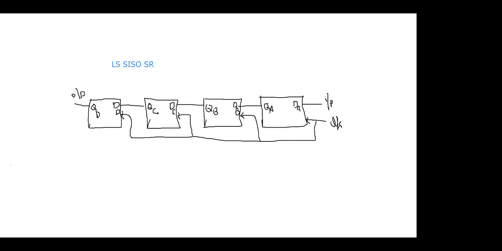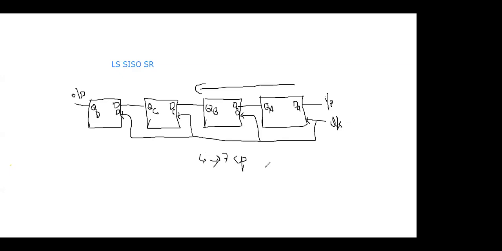Okay, so the circuit diagram is exactly same as that of the previous case, same as the right shift serial in serial out shift register, but here the data is moved towards the left side. That's why we are calling this one a left shift serial in serial out shift register. And here also, if you want to send 4-bit information, you need 7 clock pulses. So the direction we are considering is not necessary here. The number of clock pulses becomes 7 here also.